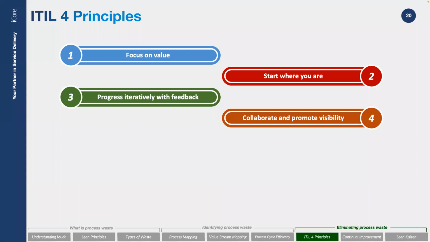Collaborate and promote visibly. Again, this is not any ivory tower stuff. This is working with the teams. This is not working out the whole new process, saying this is the way it should be, and trying to force that down to people. That won't work. We know that won't work. This is working with the teams that are going to do it, showing them, getting the buy-in and pushing it with that.